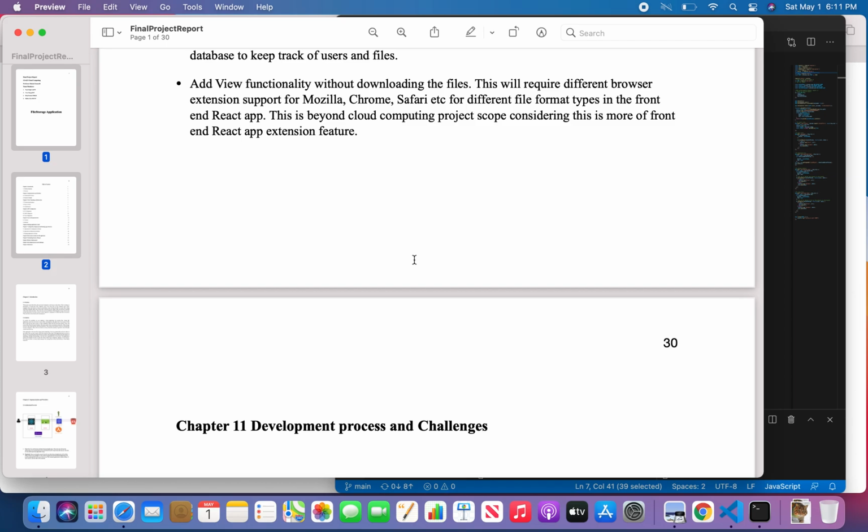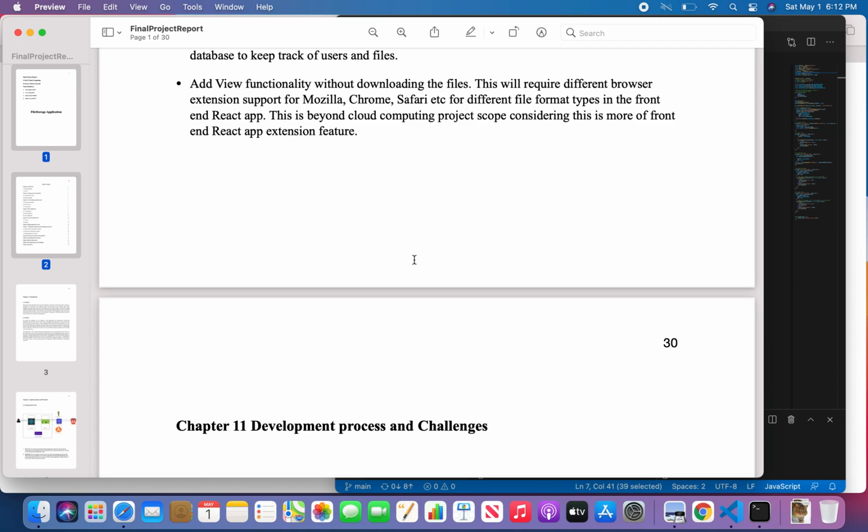This will be required in the front end React application. So this is basically a cloud project, and this is beyond the computing project scope that we currently have, considering this is basically a front end React extension feature.